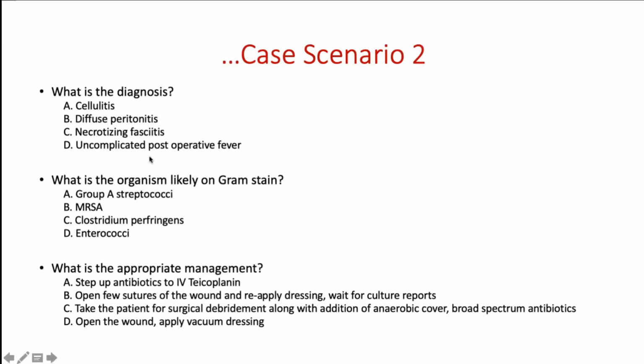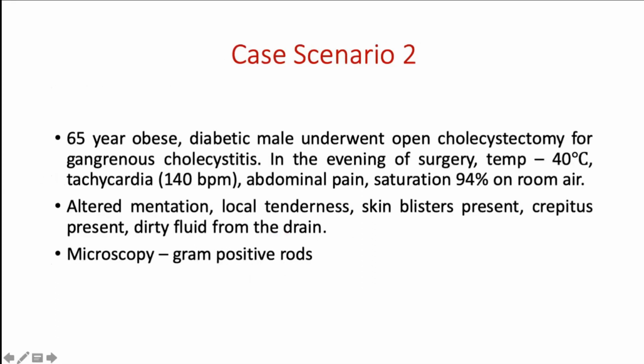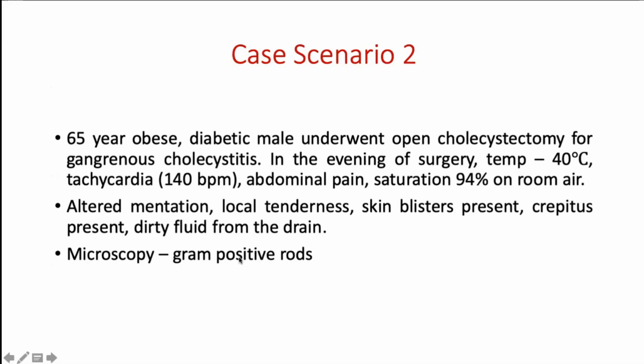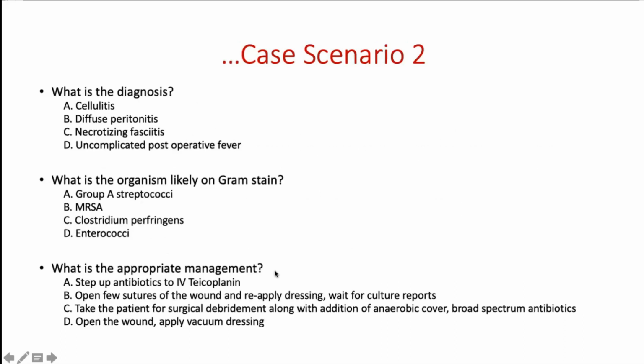Yeah, correct. So it is likely a necrotizing fasciitis. The patient has been operated for gangrenous cholecystitis, and there were gram-positive rods seen on microscopy. So if it is gram-positive rods, it has to be Clostridium perfringens. So what is the appropriate management? C, sir. Yes, it is C, because if it is necrotizing fasciitis, you have to do a surgical debridement immediately,